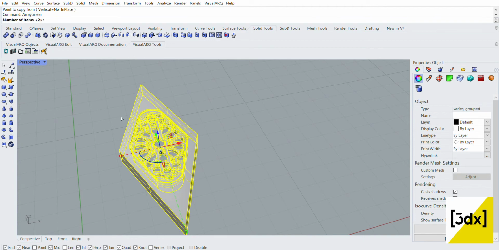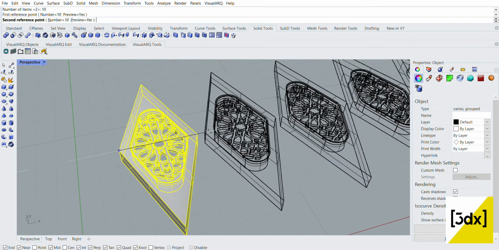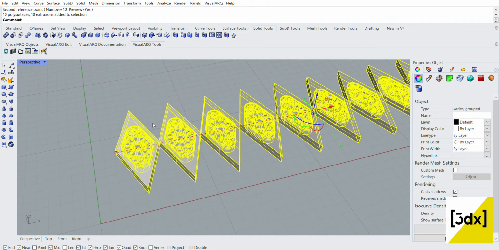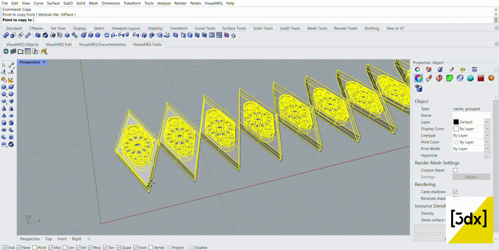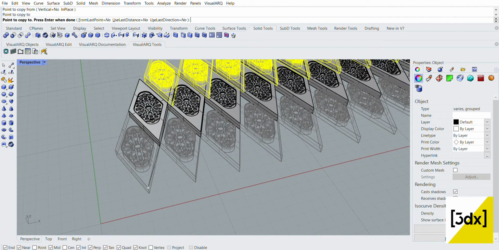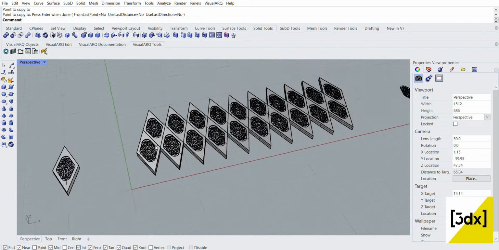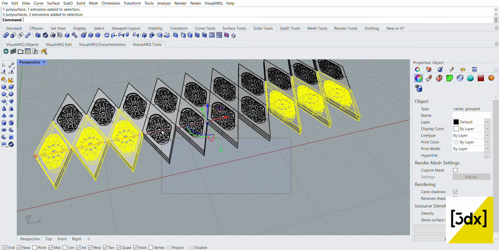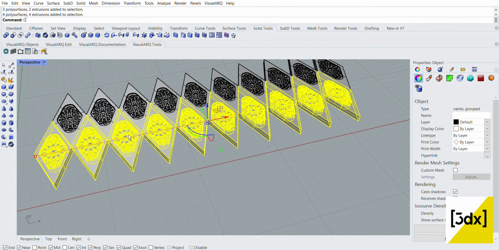You can use array. I need the item count to be 10. Next, just copy it. You got it. Now copy all the things and copy.